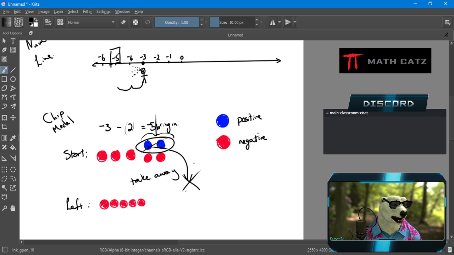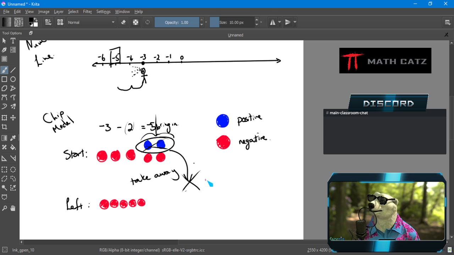The question specifically is going to say demonstrate, explain, use the chip model or the number line model to show how you get this answer. Everyone knows it's -5. That's not the challenge. How do you explain at the base level how this gets us to -5? So you need to show some sort of explanation to convince me that you understand the chip model, not how to get the answer. We of course have more sophisticated ways of doing that. We are thinking at the bottom level.